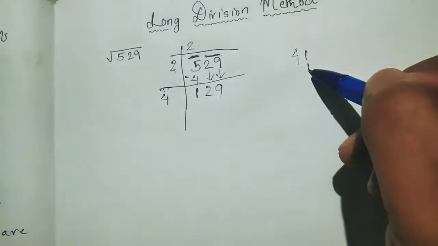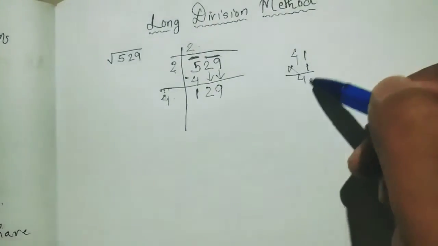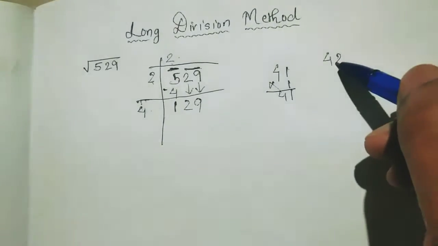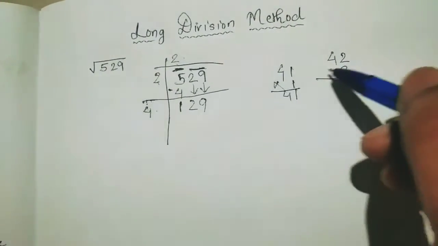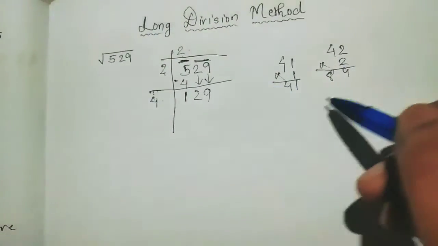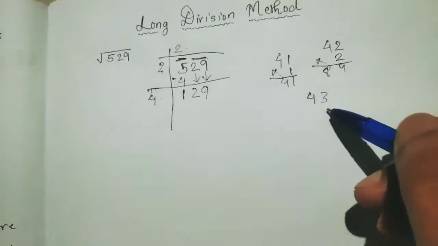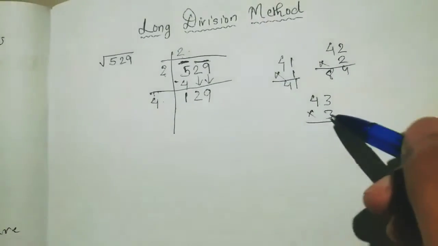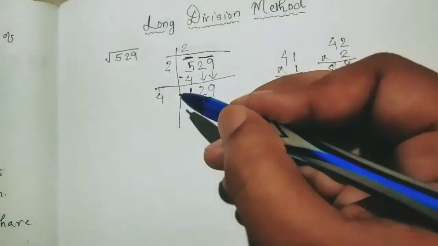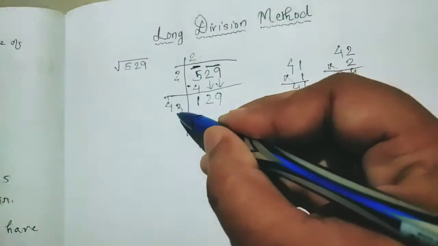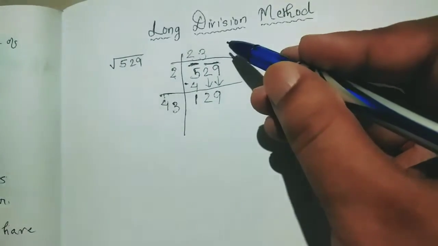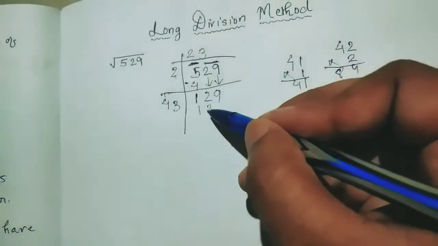and the same number 1 here, then 41 times 1 is 41. Next you have to keep trying, 42. Suppose we keep 2 here, 2 times 42 is 84. It is not enough. Then again we will try with 3. Now 3 times 3 is 9, 3 times 4 is 12. Now see, 129 is coming. That means we will multiply with 3. Here we will write 3 and here also we will write 3. Now understood? So you have to multiply by the same number. Now it is coming 129.